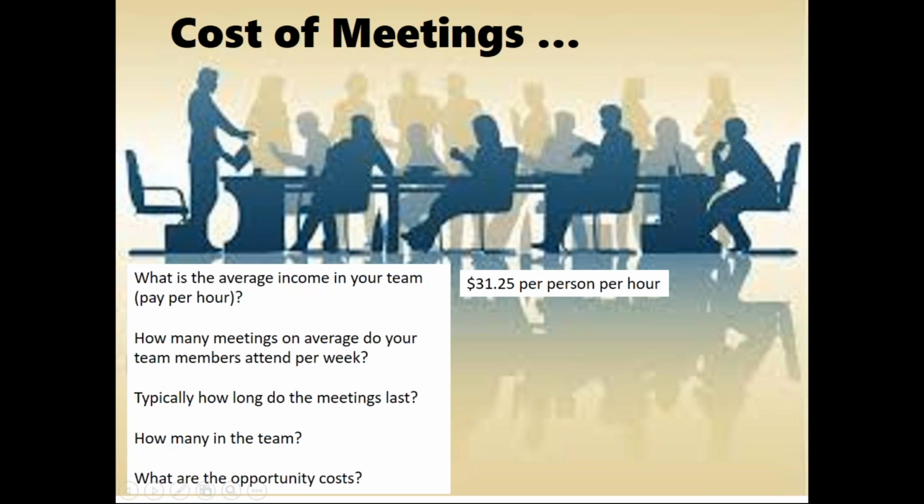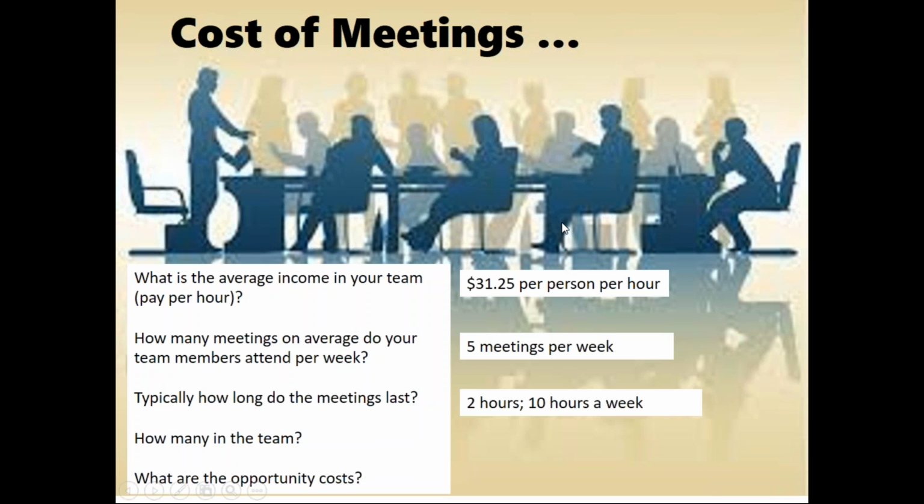All right, let's say the average person earns that amount per hour when you extrapolate their hourly rate across the year. And let's just say that the average number of meetings that a team member attends each week is 5 meetings per week, which I don't think is overestimating things. It's probably more than that. But let's say that there are 5 meetings. So I'm being quite conservative here, but I just want to show you what this adds up to.